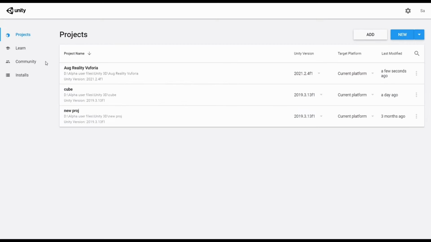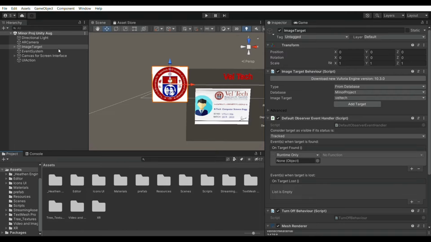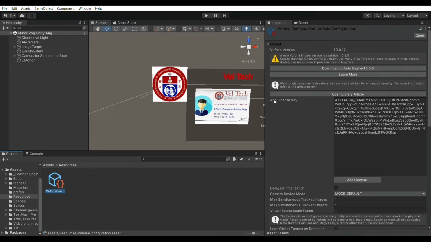Let's go to the second part, that's the Unity engine where the development process will be held. This is the Unity hub. Here a project is created for the Android platform named AR project. From this we go to the Unity engine where the development part takes place. First, the Unity engine has to be integrated with Vuforia in order to use the augmented reality components. As I mentioned in the previous part of the video, the license key is placed so that the integration takes place. The Vuforia packages are imported as assets and the license key is installed.